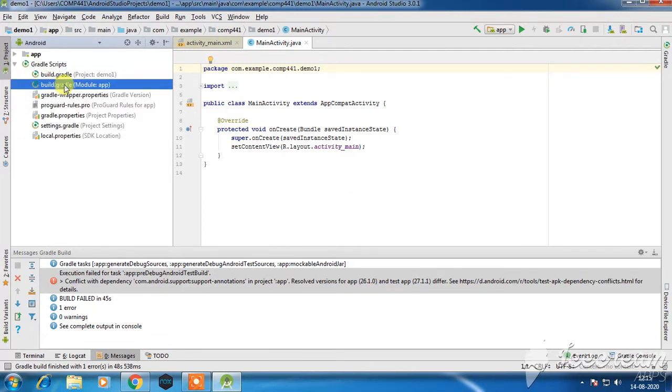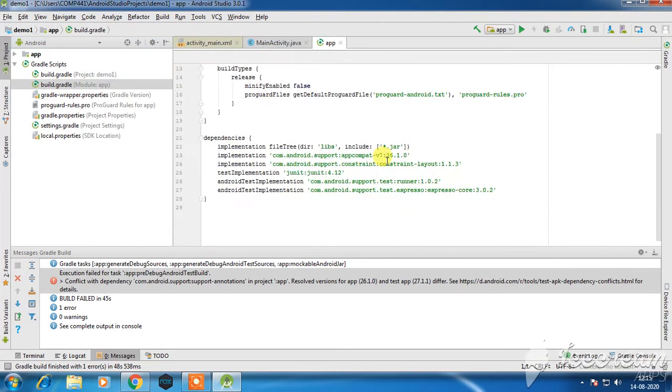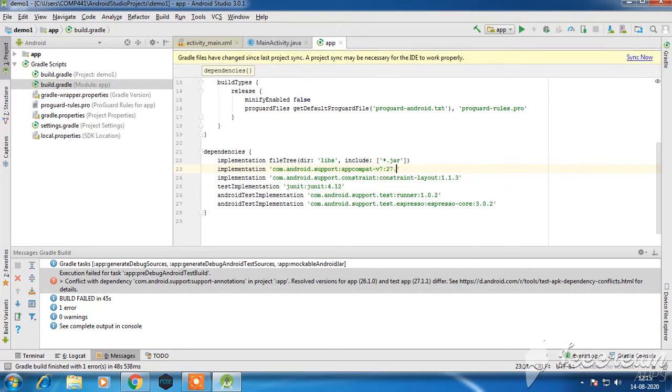Here they instruct me to use a 27.1.1 version. That's why I have to use the 27.1.1 version. That's it, and I have to synchronize it. After synchronization, it will again go for the Gradle configuration. When we get a message of build successful, then and only then can we go for the coding.